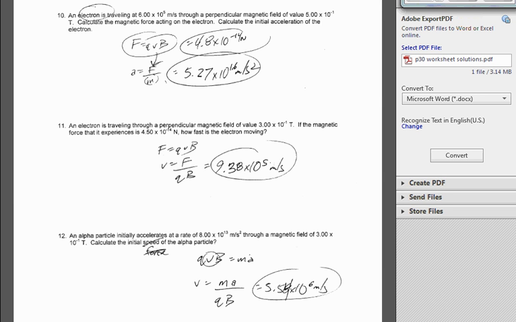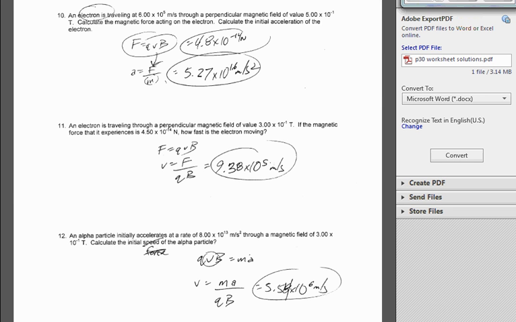The 3 hand rules. We use the hand rule for deflection anytime you've got an external magnetic field, not the field that's caused by the particle, but an external magnetic field. And then, of course, you're trying to find the direction of the magnetic force on the particle that's moving through that external magnetic field. So for the first 6 questions, I believe it was, we were looking at the hand rule for deflection. And then after that, it was calculation type questions involving F is equal to QVB,